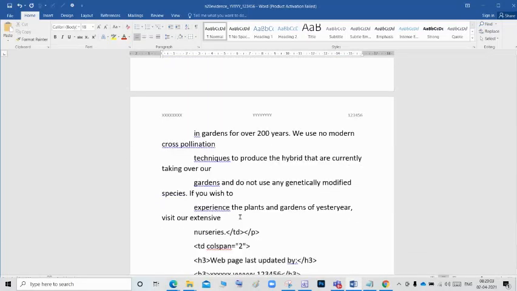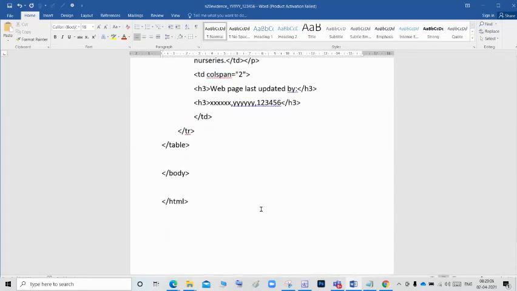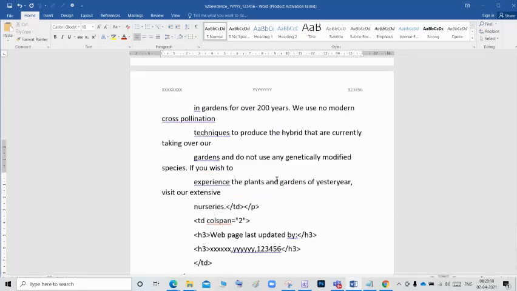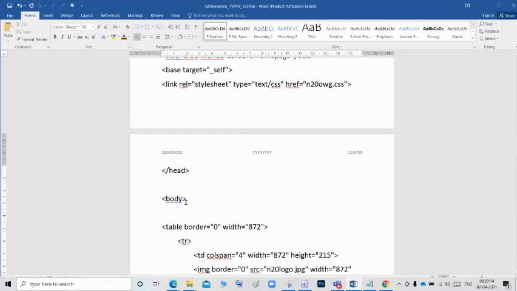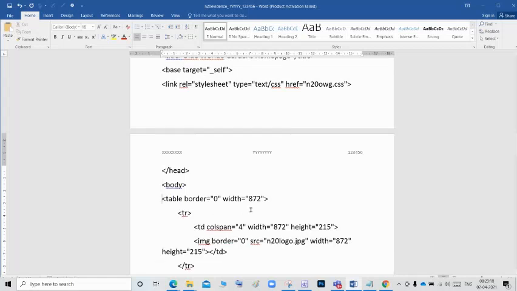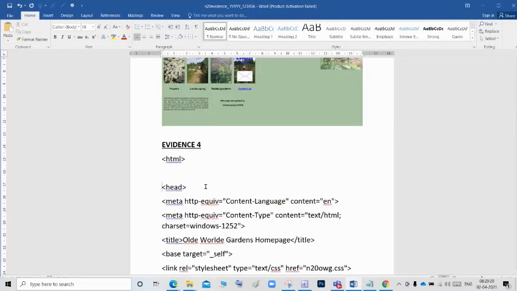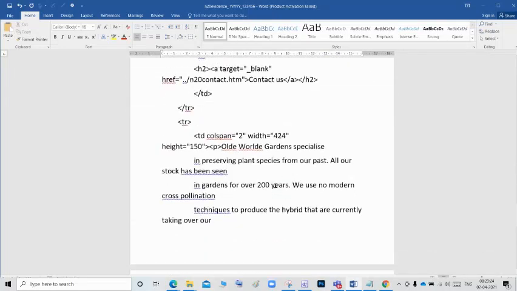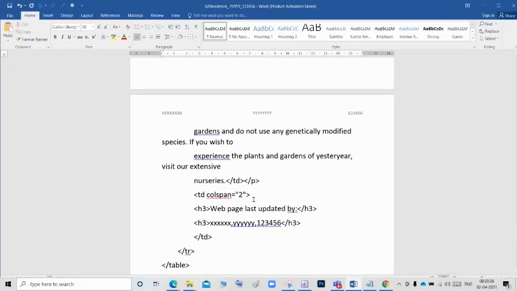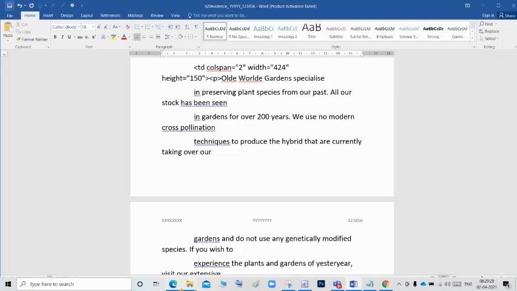So this is our HTML code. There is much space. If you want, you can remove it. And check whether all the things are visible. Yes. Then save the evidence document.